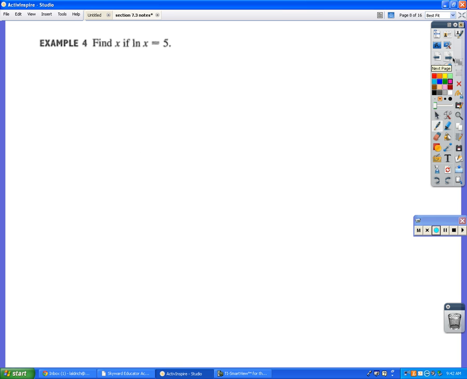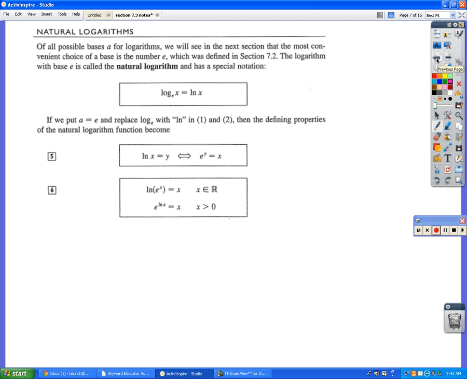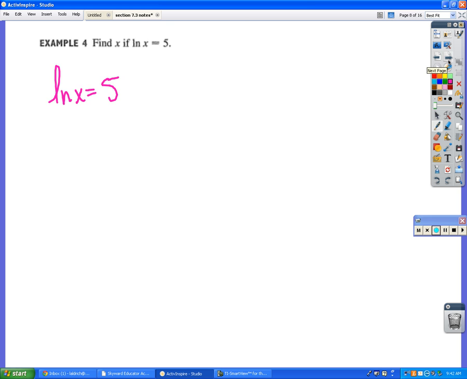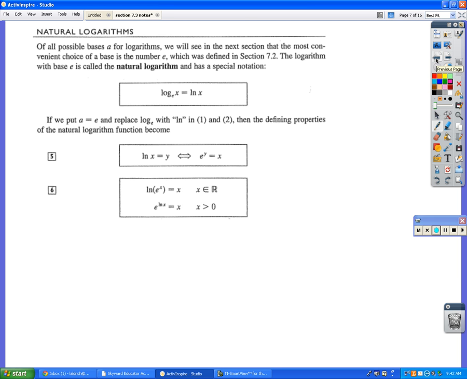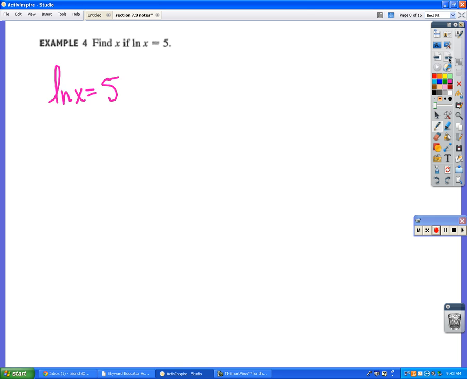All right, find x if the natural log of x equals 5. Do you remember how to solve natural log equations? One second. Put in your calculator. e to the 5th. Good, yeah, because natural log and base e are inverses. So if you put both sides to base e, the e and the natural log will cancel out. And so that leaves you x equals e to the 5th. Okay, so if I make this base e and this base e,